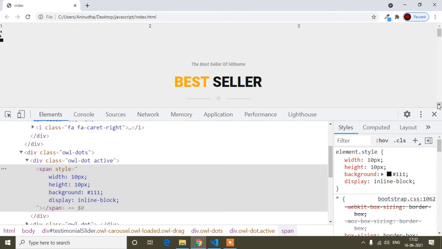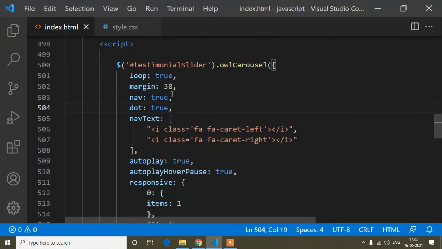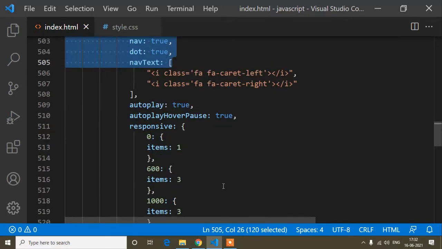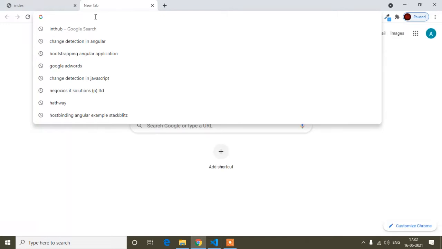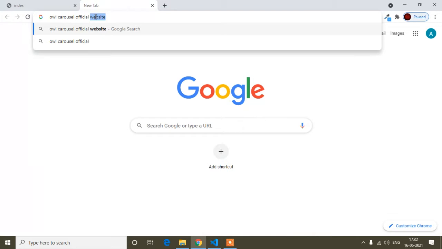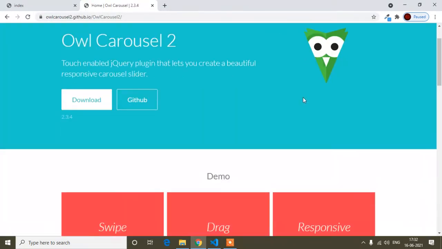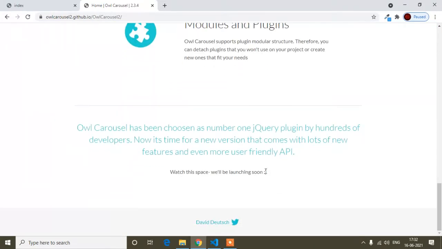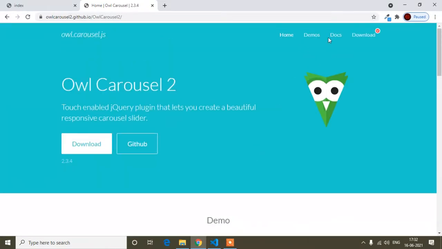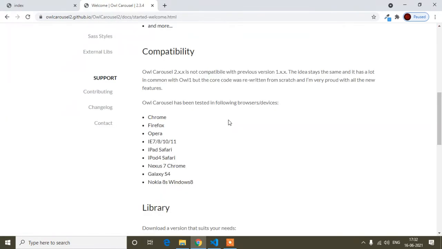But first of all, I have shown how you can implement the slider and how you can modify your slider properties. Suppose you don't know what a slider property is or what purpose it is used for, you can simply go to the Owl Carousel official website. You can search like this way and you will get the Owl Carousel official site, and from here you will get all the documents. Like here you can see docs, so here you will get all the documentation.